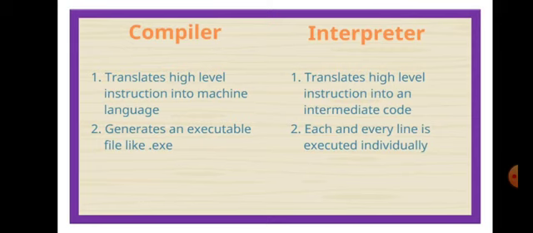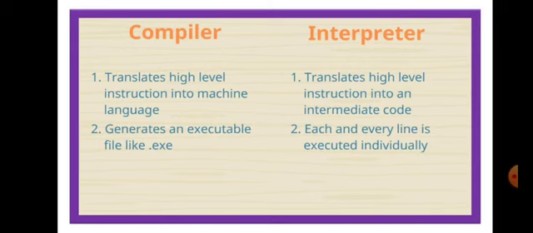The translation of the high level language into the machine code is avoided. So no compilation step is there for the interpreter. Number 1, no compilation step is involved in the interpreter. Number 2, it executes line by line. Number 3, since it is executing line by line, the process speed is slow. And number 4, it is platform independent.